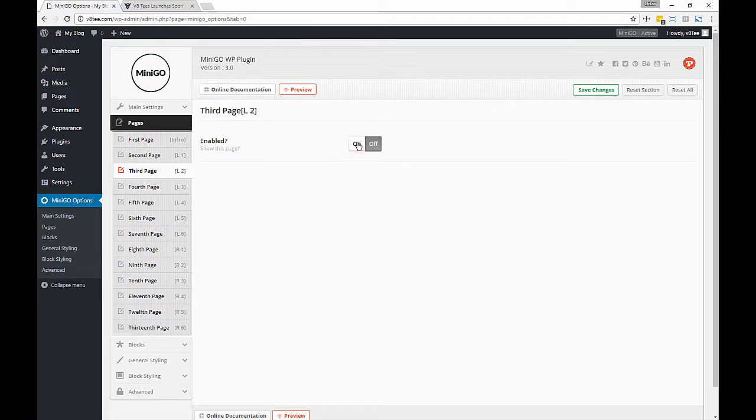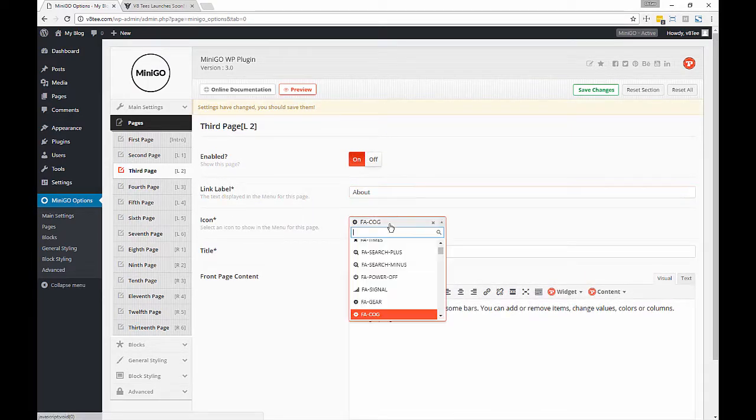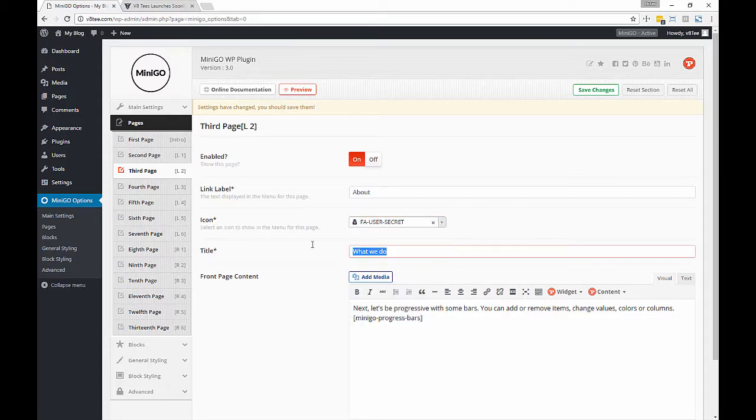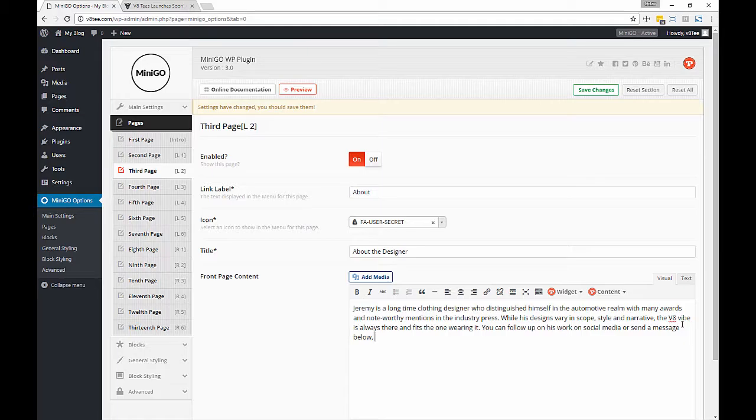We're going to need an about page, so let's enable our third page, which will show up as the second page on the left. Enter the label, icon, select a nice icon, enter the page title, and as we add all the content, I'll be able to tell you that we have 2 editing modes. This is the visual mode, and we also have a text mode that you can access with the Visual Editor tab on the top right. That will allow you to edit the content with HTML tags, so it's quite useful if you're into that. Either way,